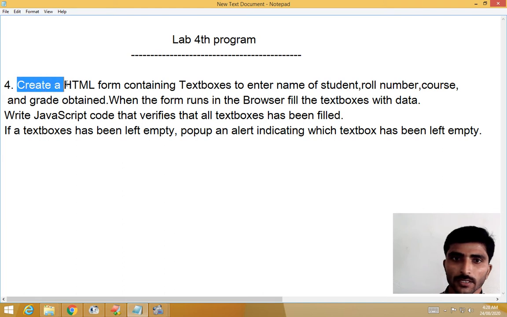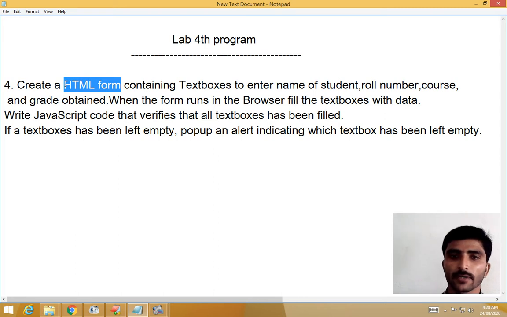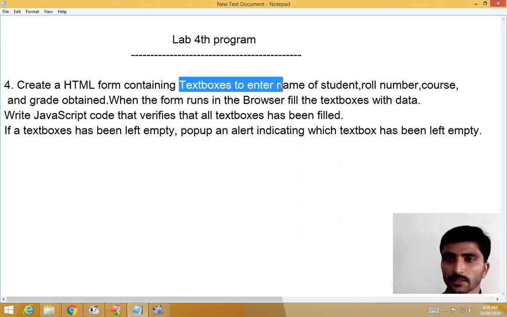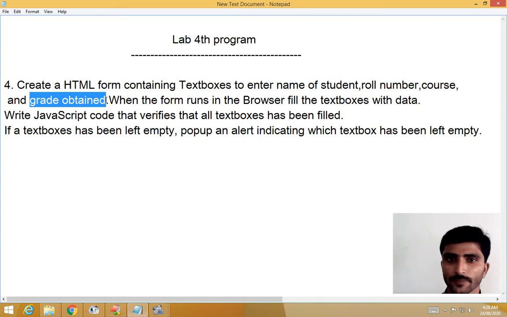Create an XHTML form. First, you have to create one simple HTML form containing some text boxes to enter the name of the student, roll number of the student, course, and also grade obtained.